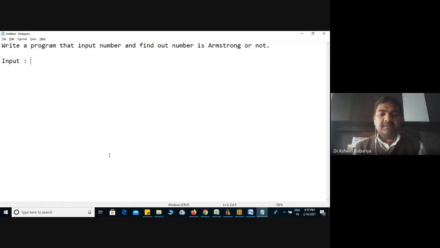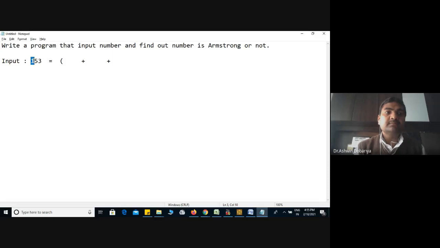See, a number like 153. An Armstrong number is a number which is the sum of the cubes of its digits. Two operations over here: one is the sum of the cube of its digits. What is the cube of 1?